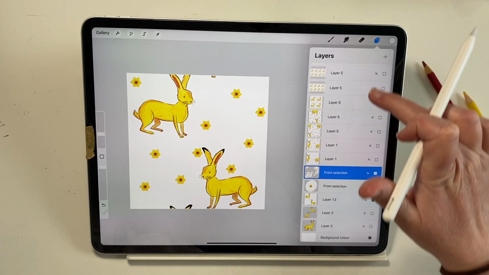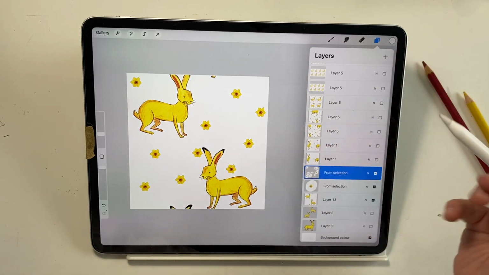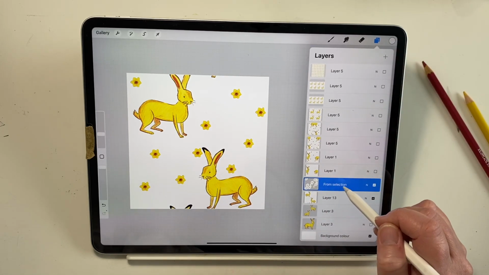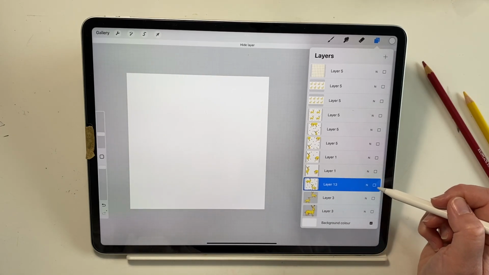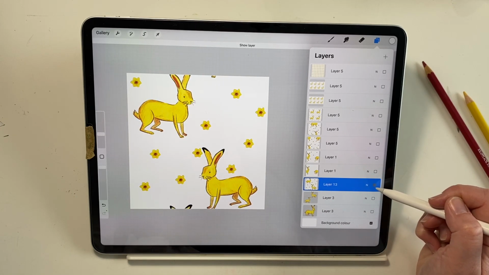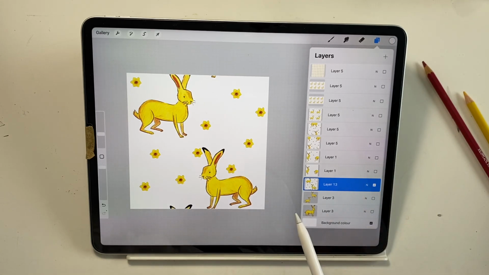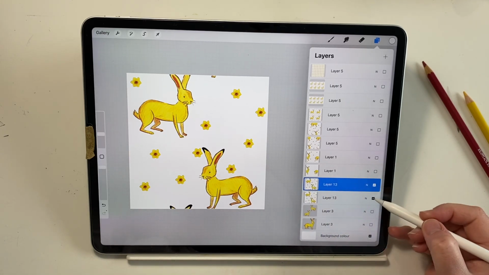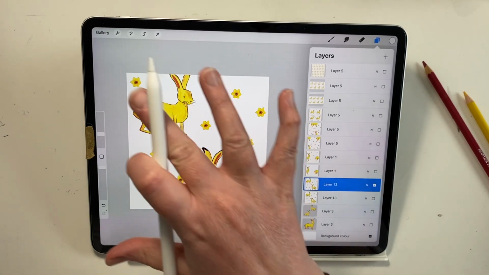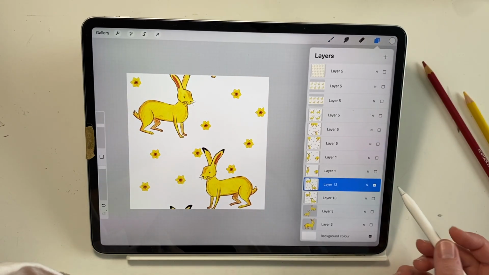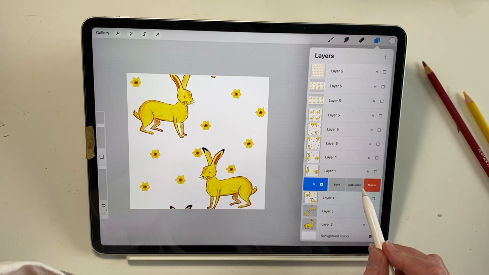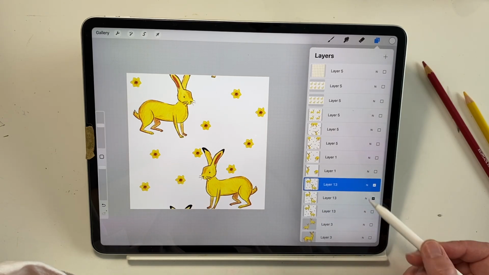Ignore all of these. These are just from my previous video. Right, so merge that down. So all of that is now on one layer. There's nothing left behind. So, as you know I like to do, I like to copy and hide the layer that we've worked on. So we've always got a backup now of this part of the process. So I'm going to duplicate the one that's active,